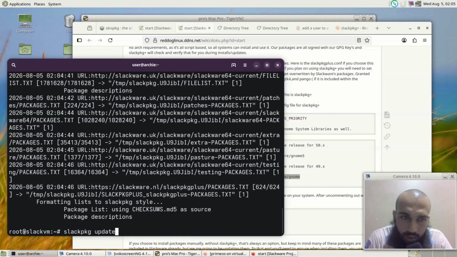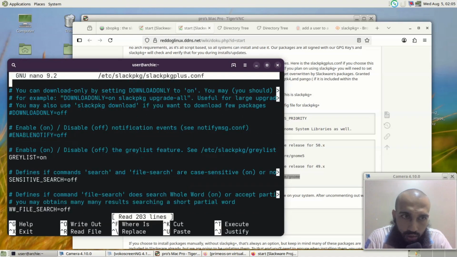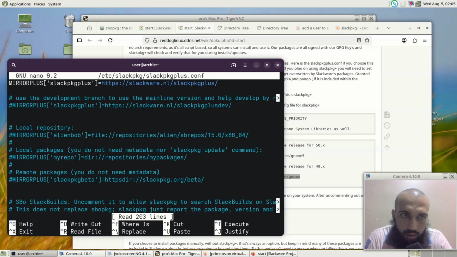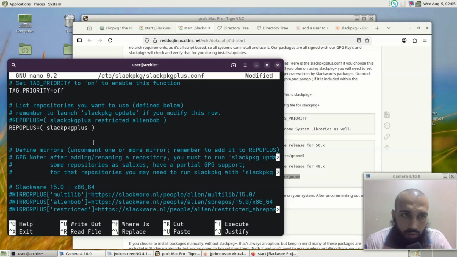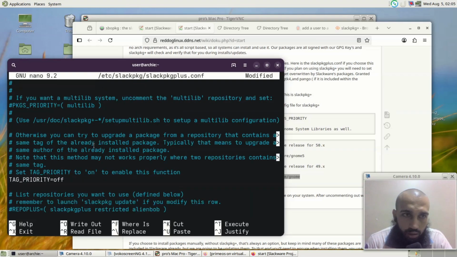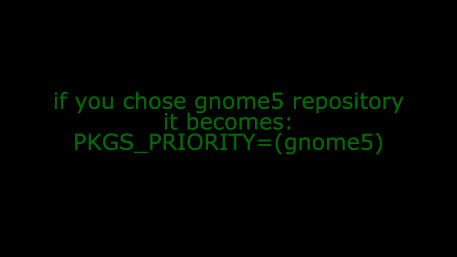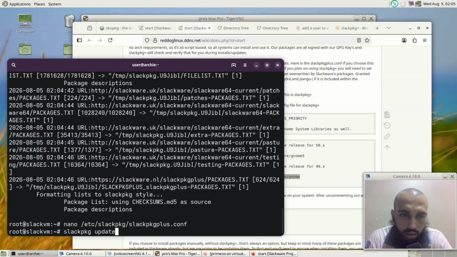You take it, you go to this file, scroll down and put it next to this one, close to it. I will put it here. It is somehow recommended to prioritize GNOME here by uncommenting this one. You save and exit. Run this command again,